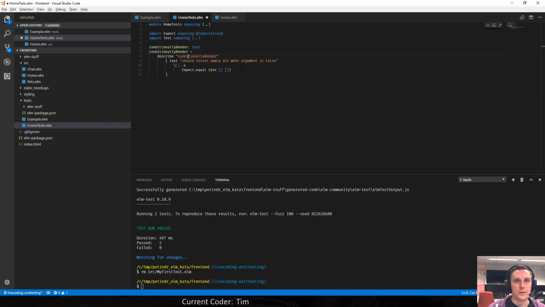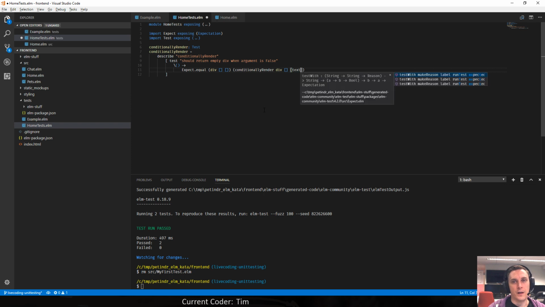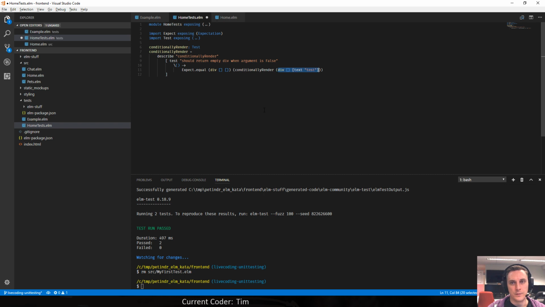Well, when I conditionally render, and let's also already start the braces for this one, when I conditionally render a div that has the text test in it or something, and then this should have false.